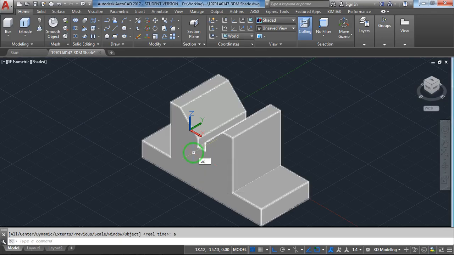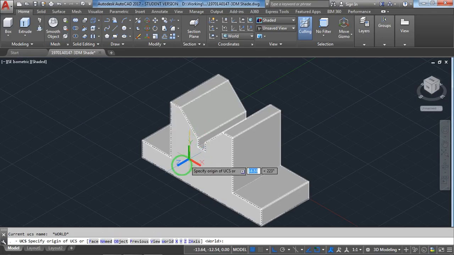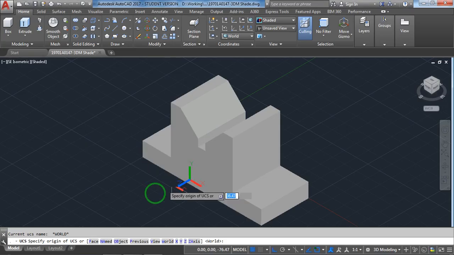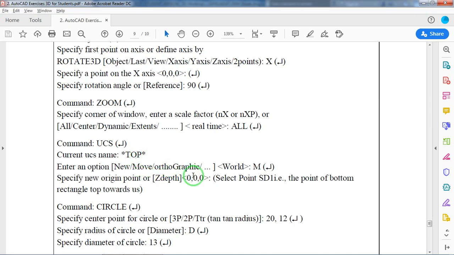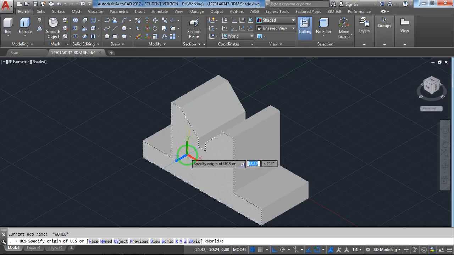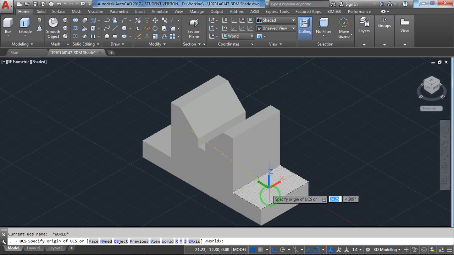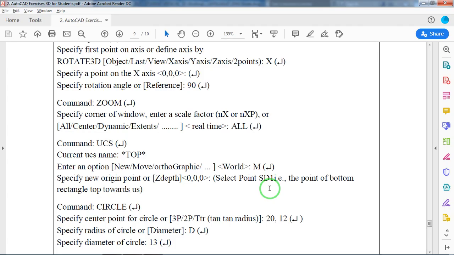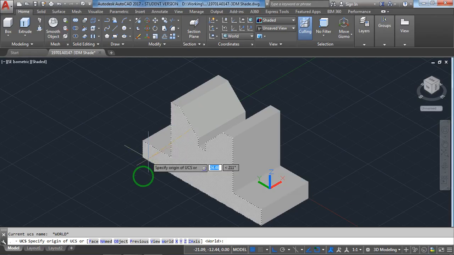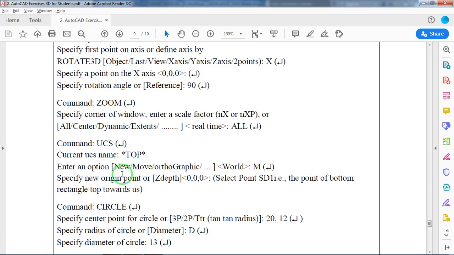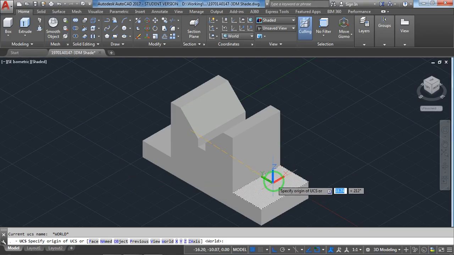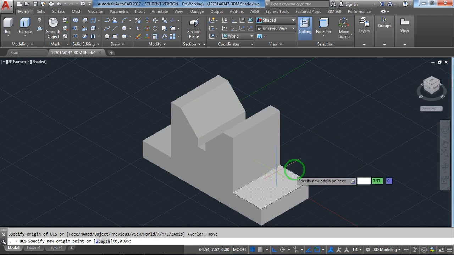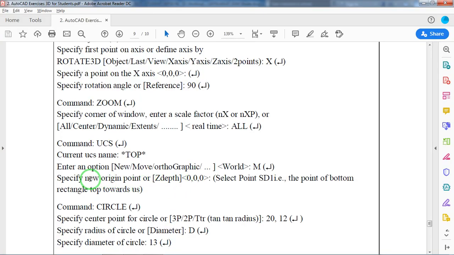Next, UCS. By default it is in the world now, but we have to move it towards the top. World is a different topic. Why? Because here we have to make circular holes. For that purpose, we have to move the UCS. Just type MOVE, enter. Now it is UCS, specify new origin point.